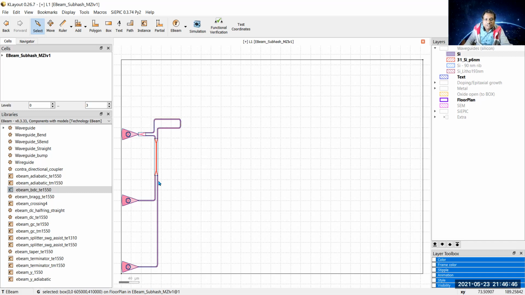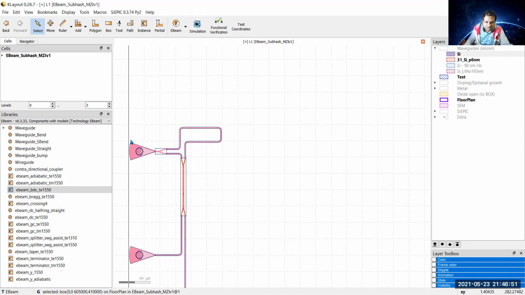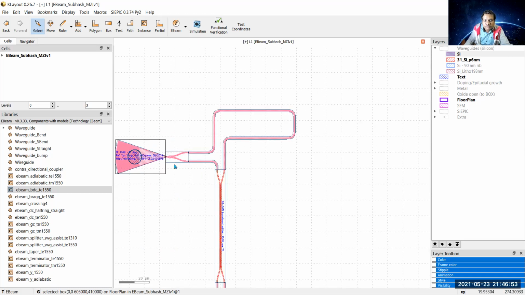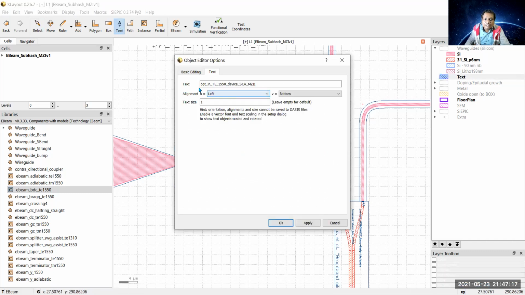148.62. So now for automatic measurement, under the edX course, Professor Lukas has suggested to label the input port. We have to specify which port is the input and which ports are the outputs. For that purpose, we go to labeling with the help of this text layer shown in blue, and then go to text. In that text, what is the procedure?